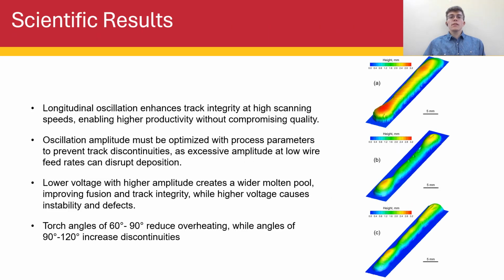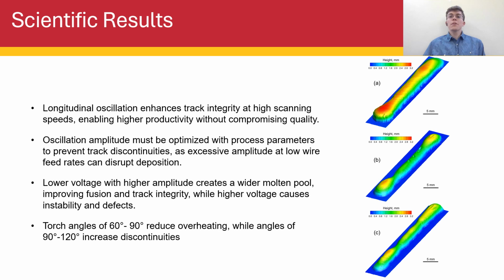The results of testing this semester show that longitudinal oscillation can improve track integrity at high scanning speeds. This indicates the effectiveness of longitudinal oscillation to support increasing productivity without affecting product quality. Although longitudinal oscillation is beneficial, the oscillation amplitude needs to be selected based on other process parameters to avoid track discontinuity. For example, very high amplitudes at low wire feed rate can disrupt the continuity in metal deposition, degrading track